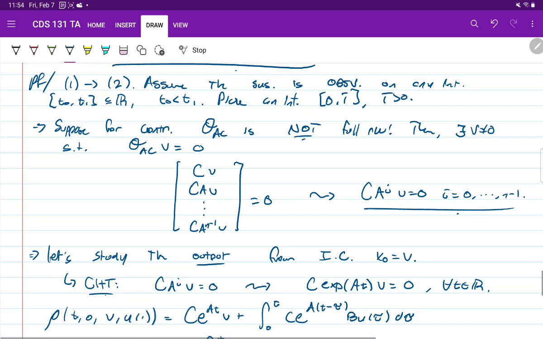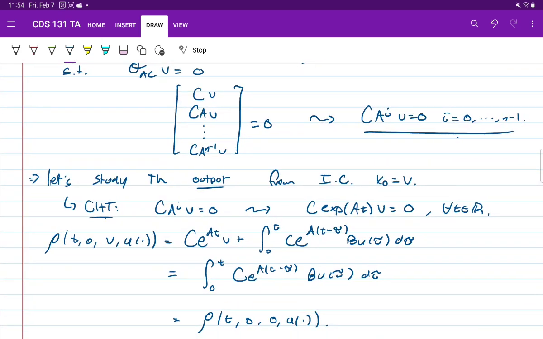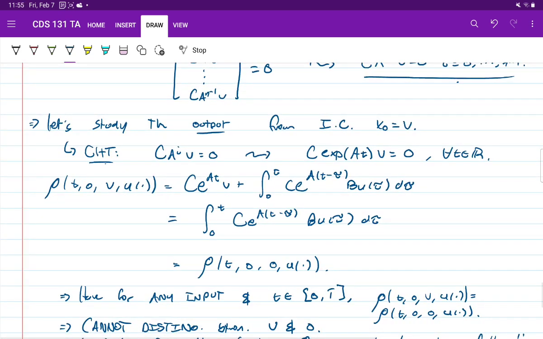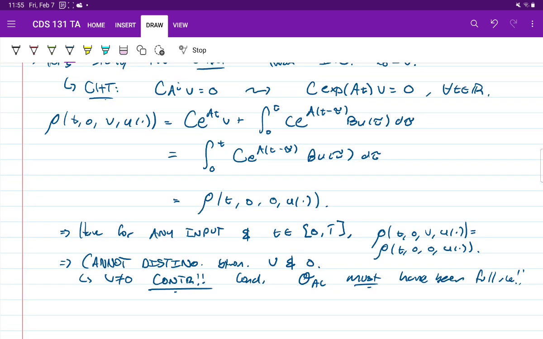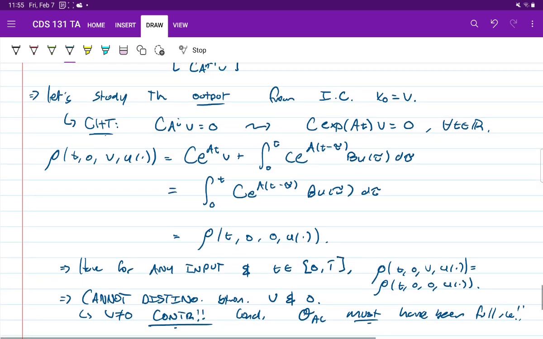So let's outline the argument once again. We said, assume for contradiction it's not full rank. That means there exists a vector v that's in the null space of my observability matrix. If this vector exists, then it needs to satisfy C e^(At) times v equals 0. If I take that as my initial condition, that means I get the same output as the zero state response. Effectively, since that holds for all u, I cannot distinguish between this initial condition v and the 0 initial condition. Now, since there exists a pair which I can't distinguish between, my system can't be observable on this interval, and that contradicts my assumption. It's a kind of intricate argument here, but it gets the job done.